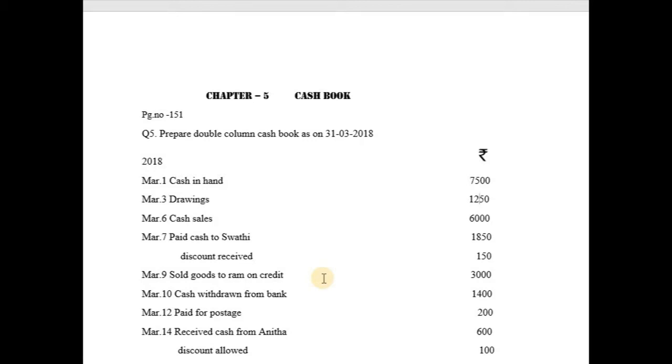So cash receipts will be debited and cash payments will be credited. पैसा आ रहा तो डेबिट में लिखना है, पैसा जा रहा तो क्रेडिट में लिखना है. बट आप उधारी में खरीदे तो नहीं लिखेंगे, उधारी में बेचे तो नहीं लिखेंगे. So for the transaction dated March 9, we will be writing a note that the transaction dated March 9 is a credit transaction, hence it is not recorded in sales book, hence it is not recorded in cash book. तो आप यहाँ पे क्या लिखेंगे? इसके लिए एक नोट लिखेंगे, and the note will be transaction dated on March 9.